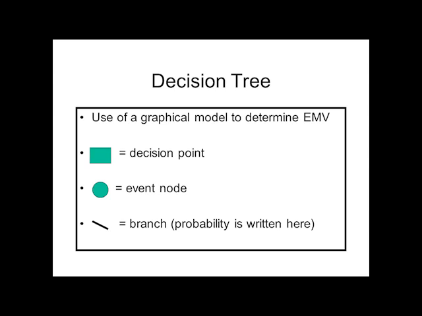It uses squares or rectangles as our decision points, circles as an event node, and a branch or a straight line where we're going to write our probability. These symbols are very important because they tell us what each thing is, and they're its identifier. So if we take a look at slide 8,